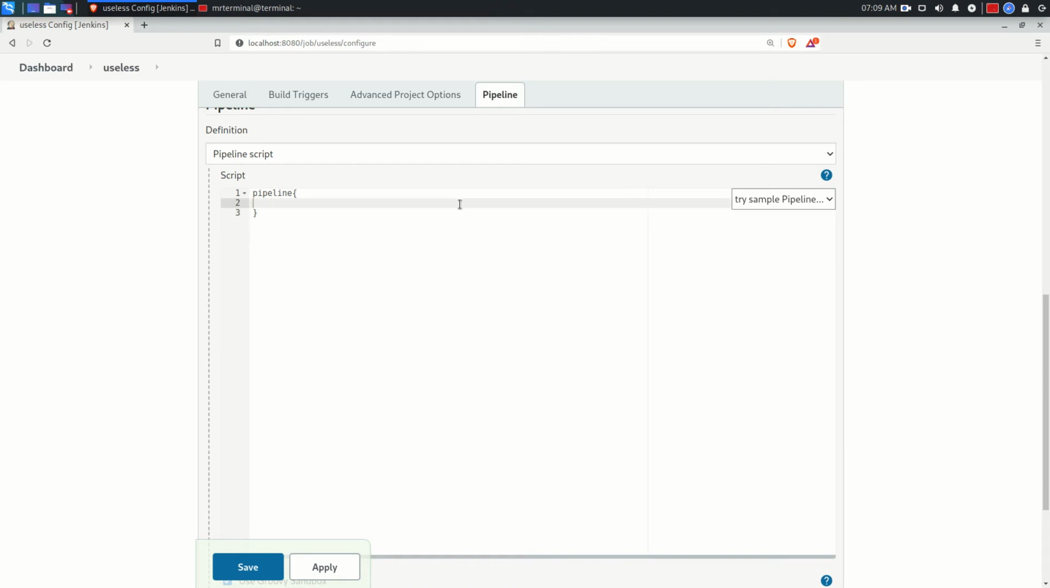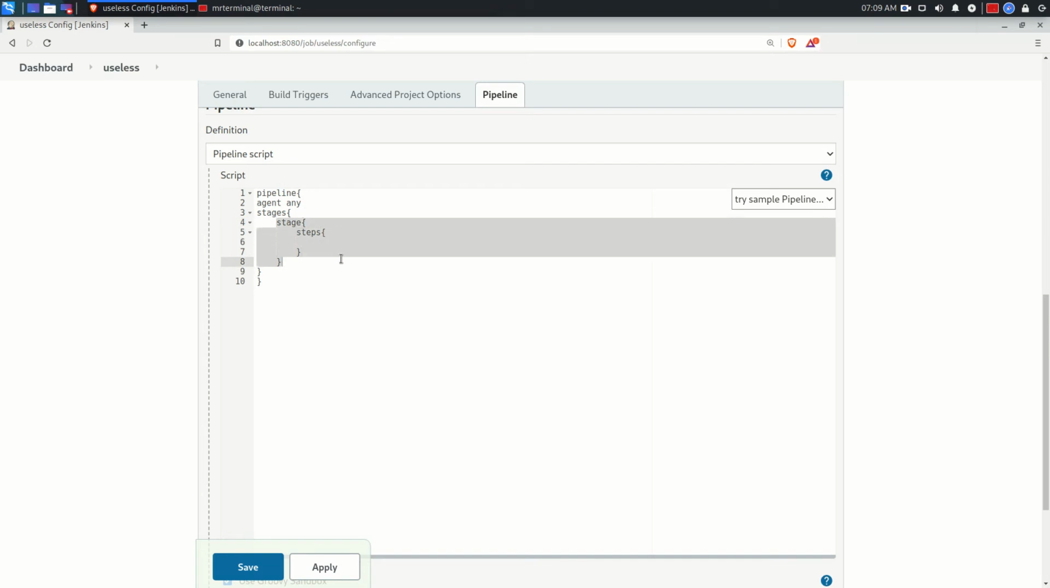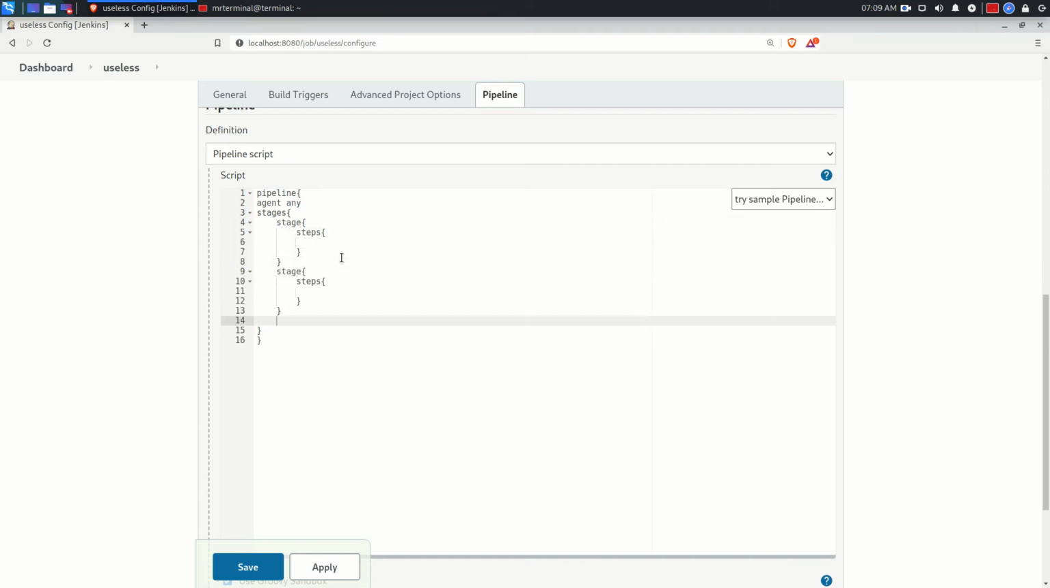So we're going to create a pipeline like we did before. We're going to have stages, and we are going to have stage, and we're going to have steps. Let me just copy this multiple times. Okay, each stage has a name first,